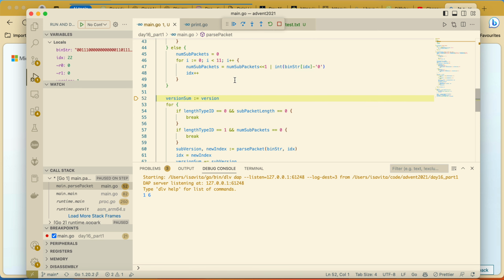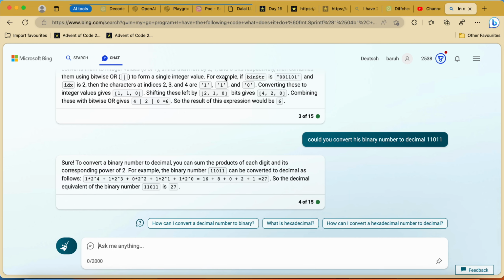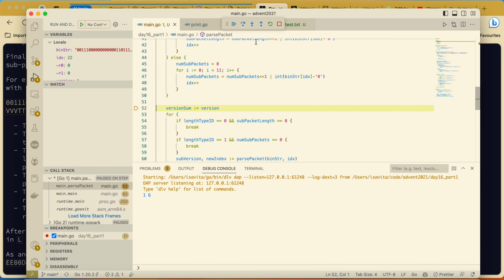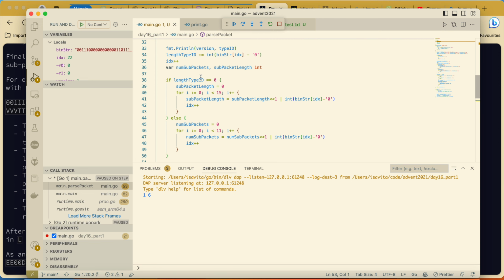Now we are going out and we're continuing with this version sum. In our case, the version so far it's 1. We're checking, is the subpackage length 0 and length type ID, like what's our length type ID?